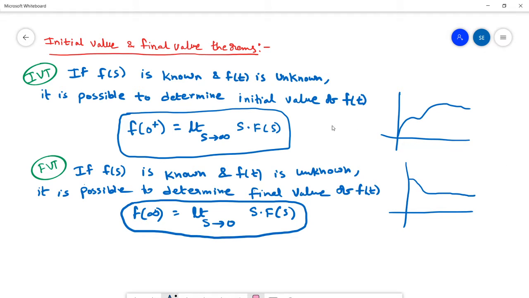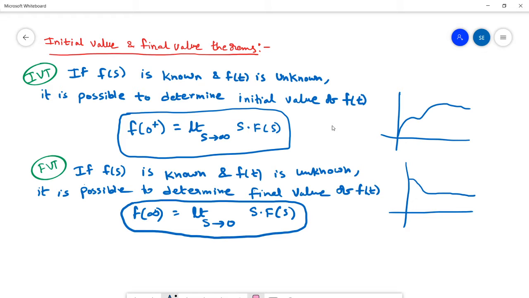In the previous class, we discussed what a steady state error is. We derived the expression for a steady state error. Also, we discussed what a static error constant is and the different types of static error constants: position error constant, velocity error constant, and then acceleration error constant. Also, we discussed the type number of a feedback system.